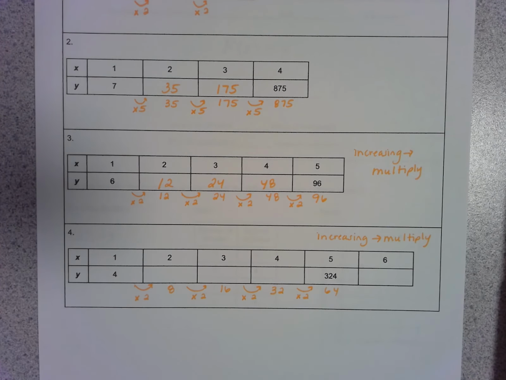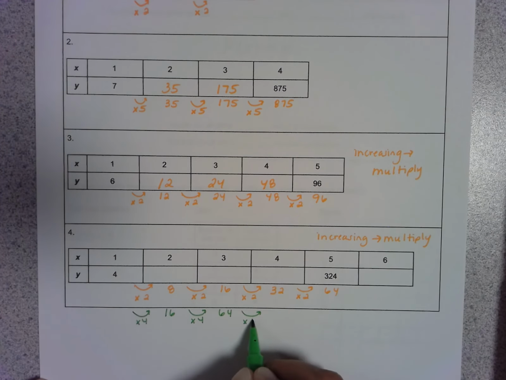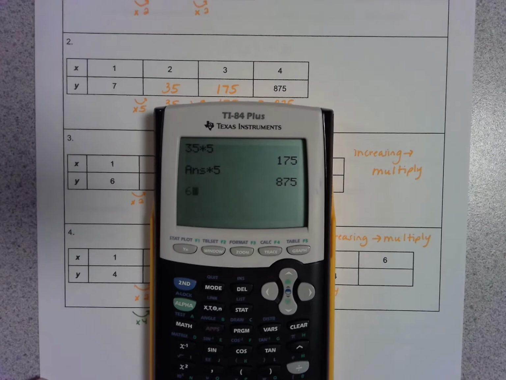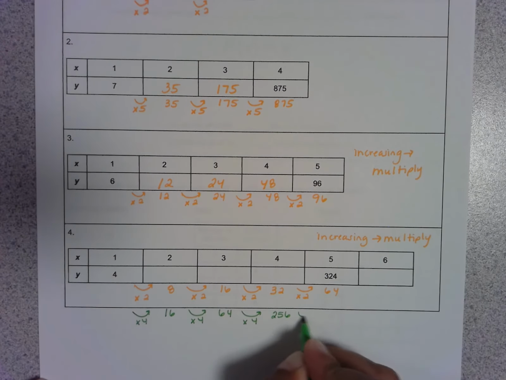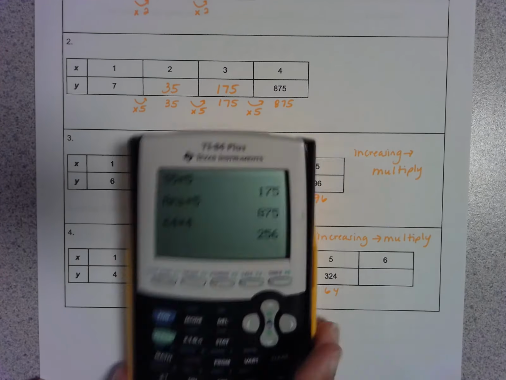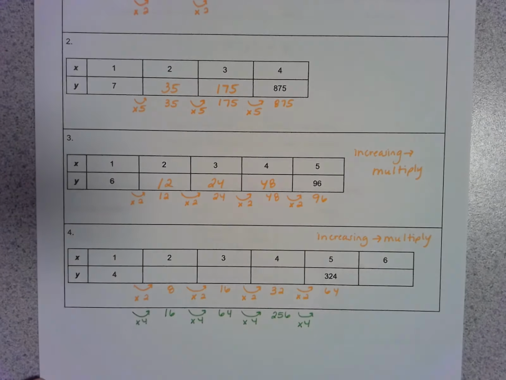Now, I could try 3 next, because clearly multiplying by 2 did not get me a big enough number. So I could try 3. I'm actually going to try 4 next, just because I'm noticing that these are both even numbers, and so I'm thinking 4 might be more helpful. So if I multiply by 4, I get 16. If I multiply by 4 again, I get 64. If I multiply by 4 again, I get 64 times 4, which is 256. And if I multiply by 4 again, I get 1024. Well,